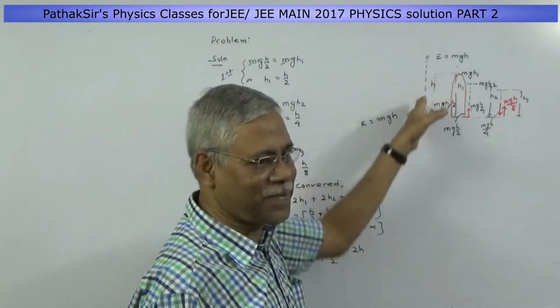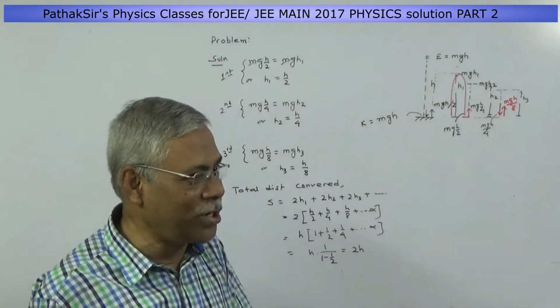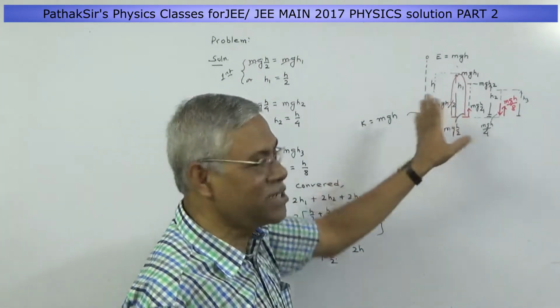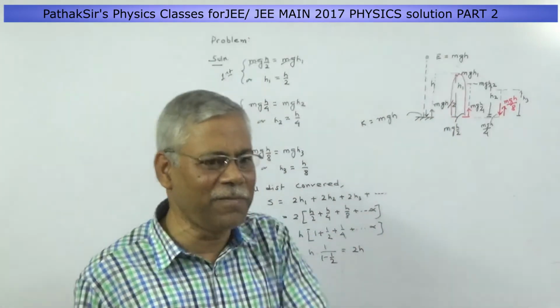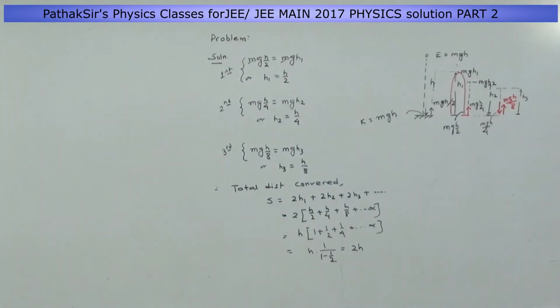We have not counted the first one. If you count the first one, then h plus 2h is 3h, but it is not there in the options. So obviously you have to calculate the total distance traveled after the first collision. So the problem should clearly state this. In competitive exams, the students are already under tension, and